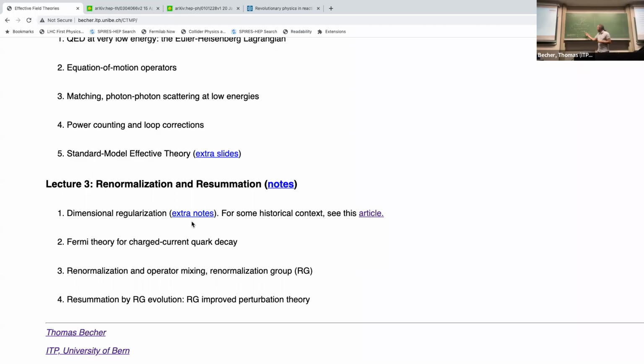I think Matt had some logs where he put a mu. The problem is there are some scales down here and some scales up here. You cannot choose a mu that avoids the logs. So you have logs of M_W over mu up here and logs of M_B over mu, and there is no mu that avoids it at the end. You also always have these. But using this effective theory, we can first do one scale, then use this evolution, exponentiate the logs, and then continue to compute.